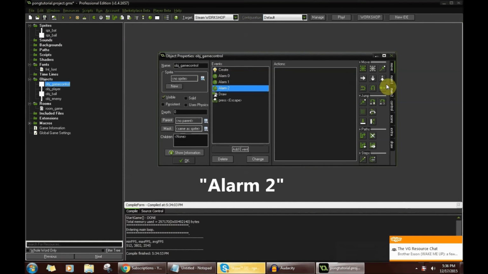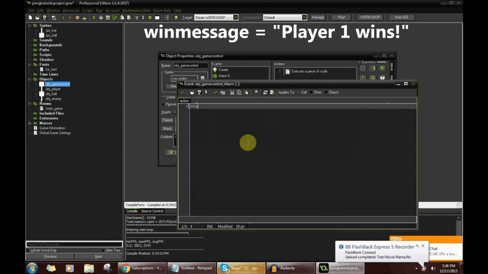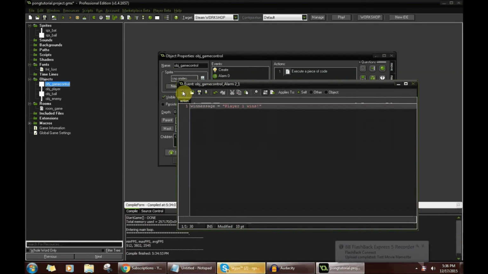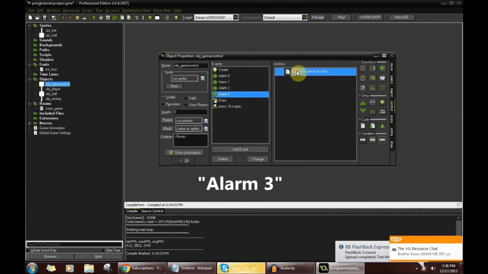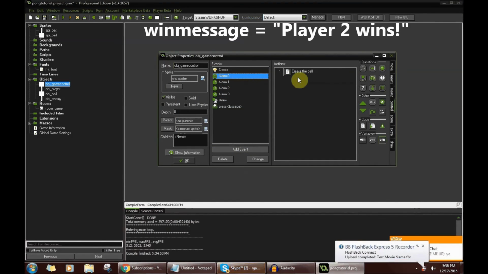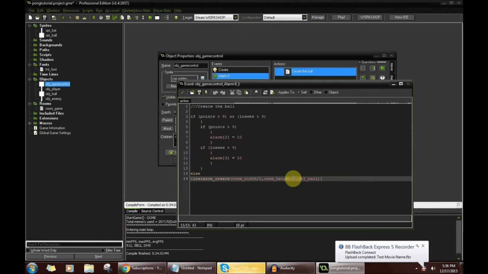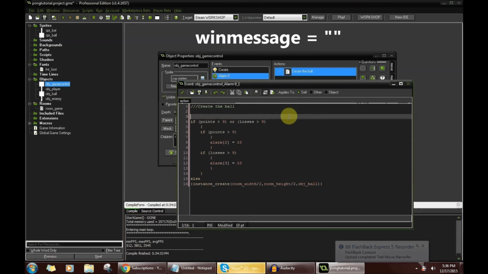Now on alarm 2, we're going to set win message equal to "Player 1 wins." And on alarm 3, we're going to set that message to "Player 2 wins." And on the create the ball, we're going to set win message equal to that,